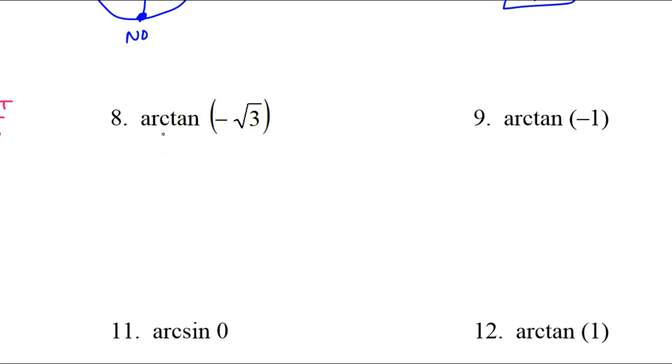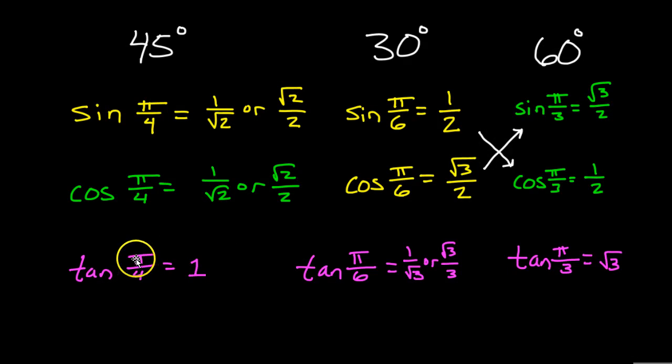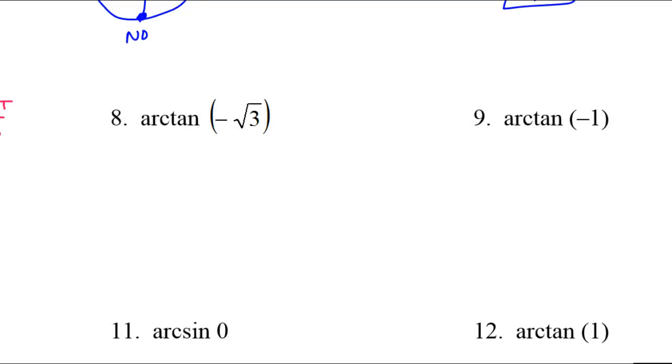Number 8. Arctangent is an angle. It's the angle whose tangent is negative radical 3. Now looking at our little chart, the tangent of what angle is positive radical 3? Pi over 3. So that tells me that the reference angle is going to be pi over 3. So I'm just going to put a pi over 3 over here. But that is the reference angle. Okay, the tangent of pi over 3 is positive radical 3, not negative radical 3. So we're going to have to make some